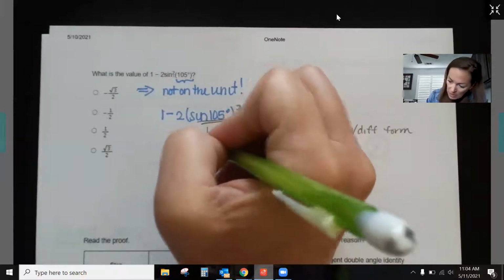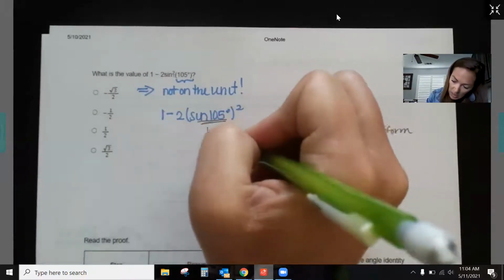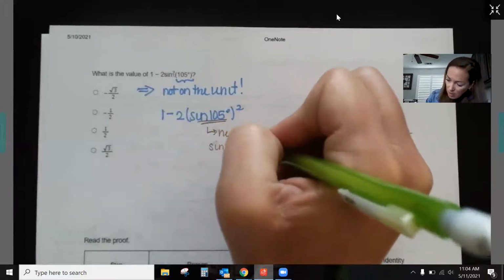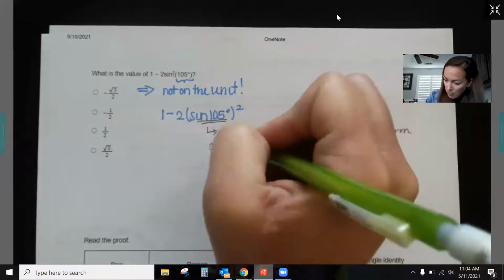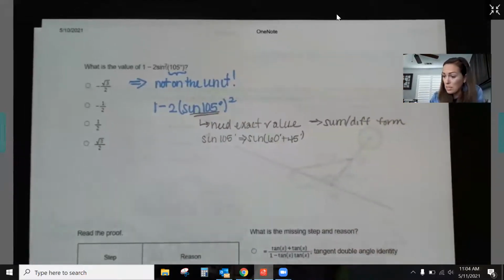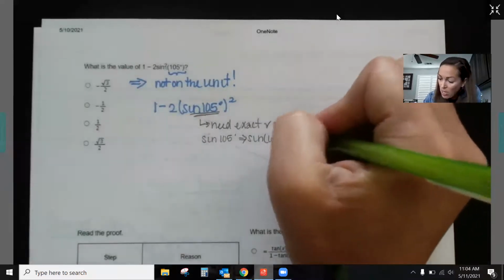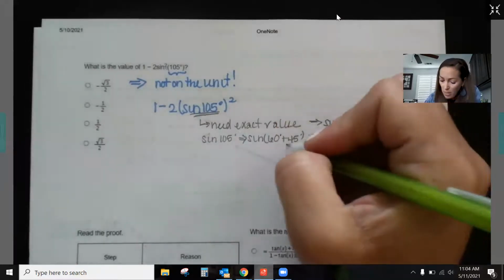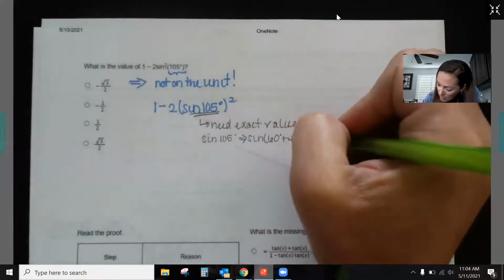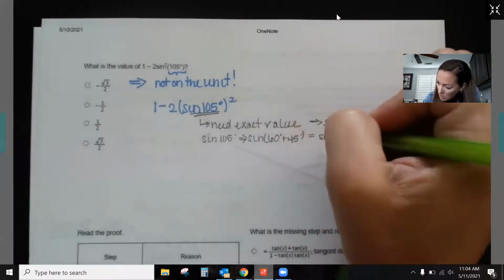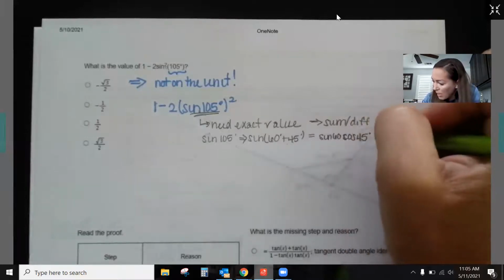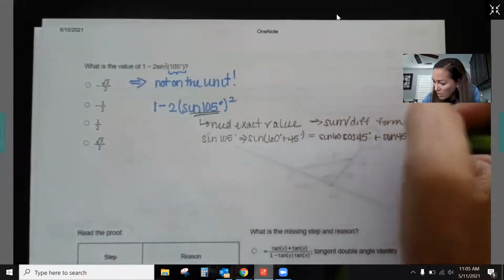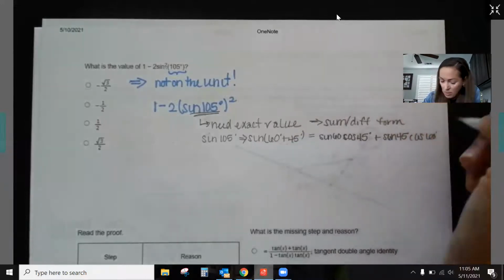So I know that sine of 105 degrees is the same thing as saying sine of 60 degrees plus 45 degrees, right? Those are the same values. 60 plus 45 is 105. So I'm not changing it. And I know from my sum and difference formula, so it's going to be a sum, that if I have sine of 60 degrees times cosine of 45 degrees plus sine of 45 degrees cosine of 60 degrees,